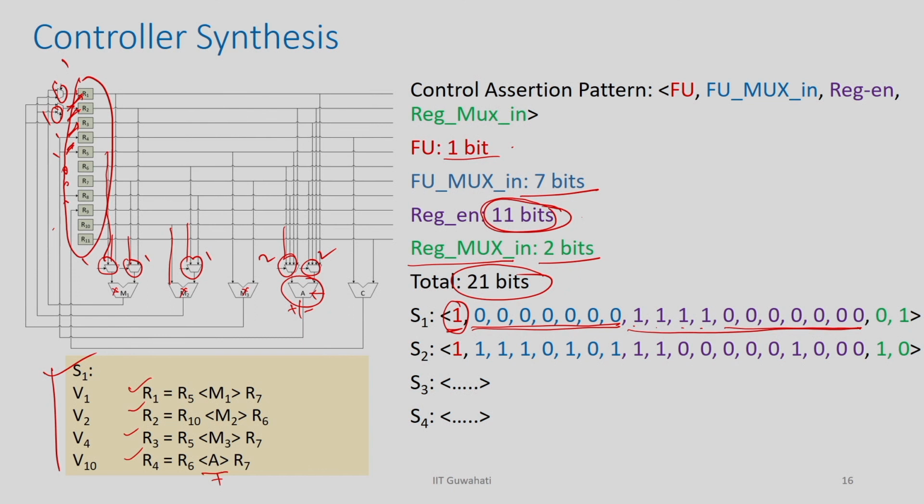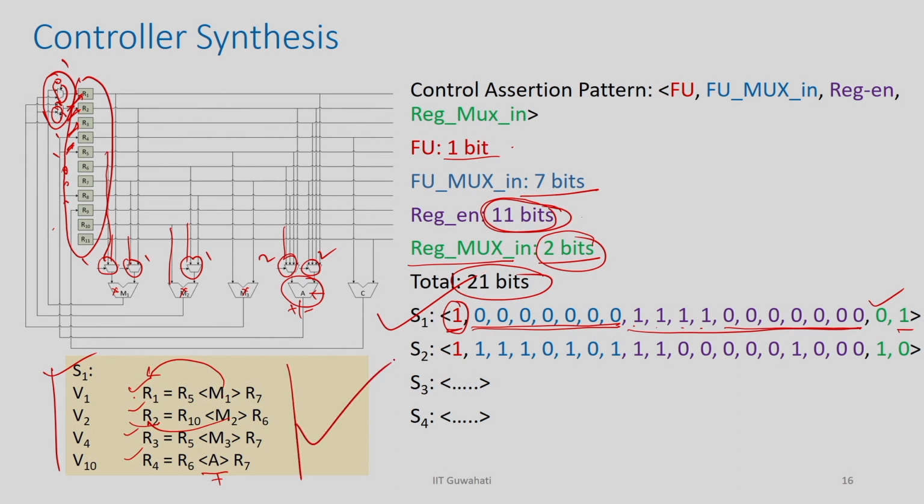Okay. And then for these muxes, this is the mux in 2 bits. For the first register, the output is coming from mux 1, right. So, for register 1 it is coming from mux 1, so I have to put 0 here. For R2 it is coming from M2, so I have to put 1 here, because 0 means FU M1 and 1 means FU M2. So, that means in control step 1, if I give this signal, it will make sure this data path is going to execute this behavior.